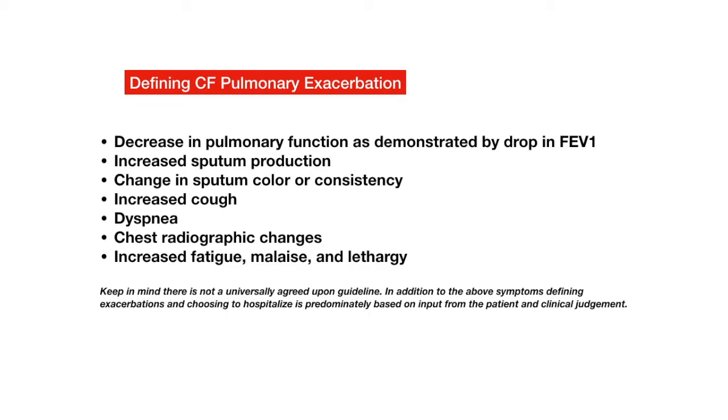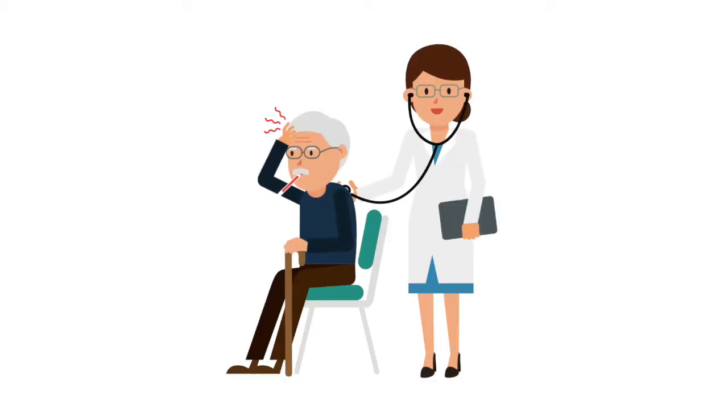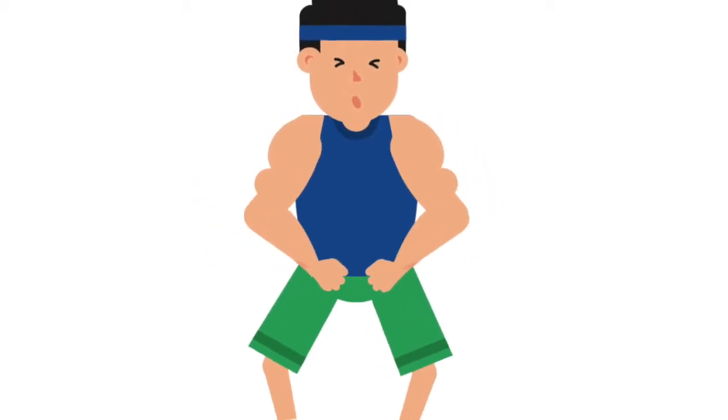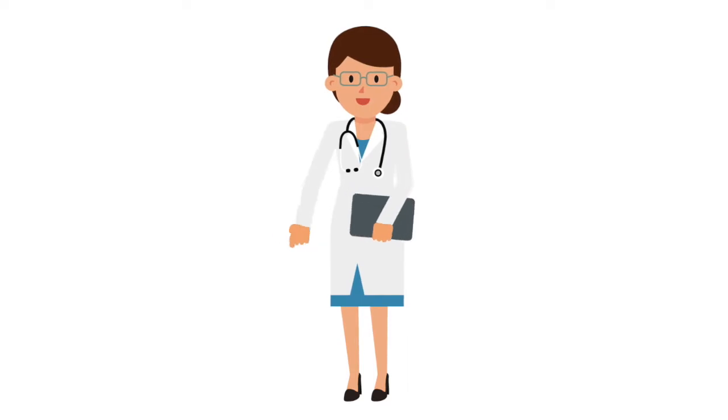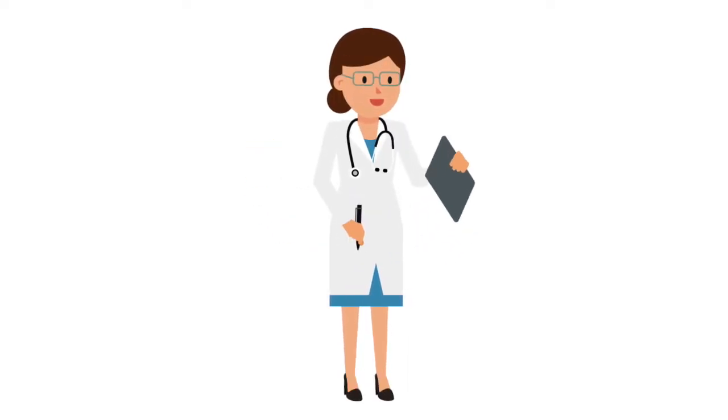In these cases, we typically define an exacerbation as a change in the patient's respiratory status, characterized by any number of symptoms including shortness of breath, cough, increased sputum production, change in sputum consistency or color, just to name a few. Compared to some other patients that you will care for in the wards, patients with CF can appear very well on admission, but still be experiencing drastic decreases in their pulmonary function. They will often be admitted for a long period of time for IV antibiotics and aggressive airway clearance to restore